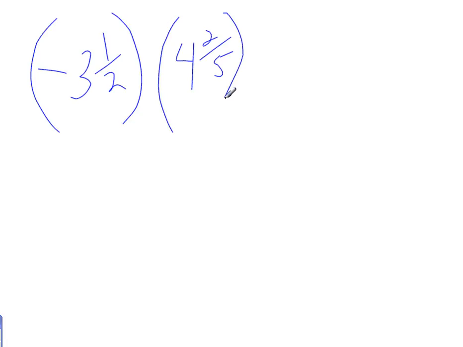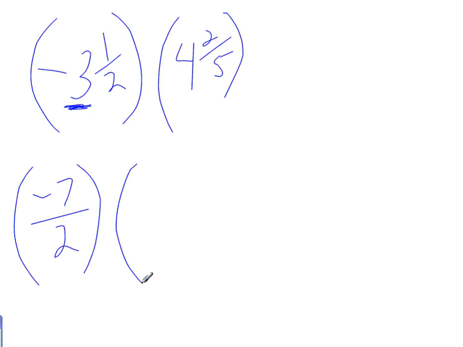Probably the easiest way to do it is to change everything to an improper fraction and then multiply. So that would look like this. This is code for 3 full boxes, each containing 2. So there's 6, 7. So this is negative 7/2. And keeping with putting the negative in the numerator helps me to not get confused. And what I want to do is times it by 4 boxes, each containing 5. So 4 groups of 5 is 20 plus 2,